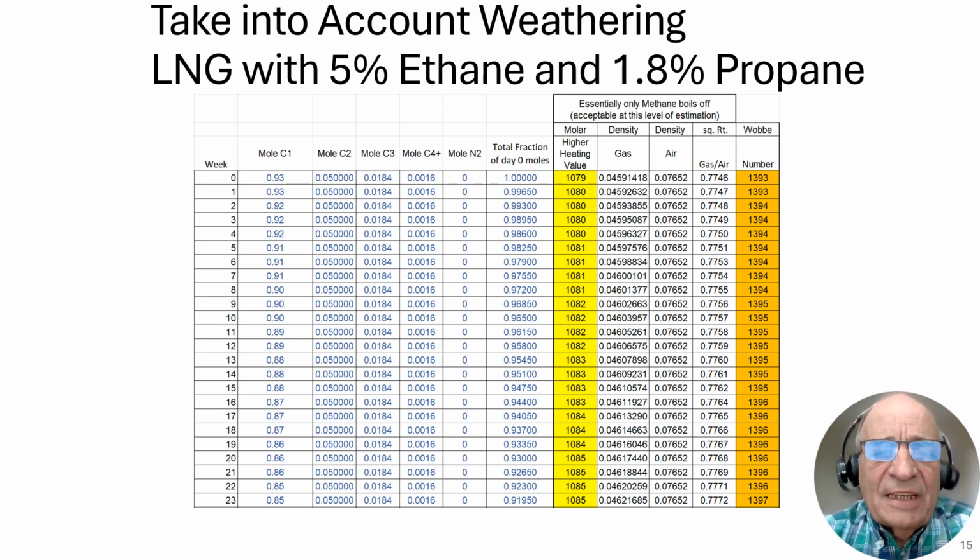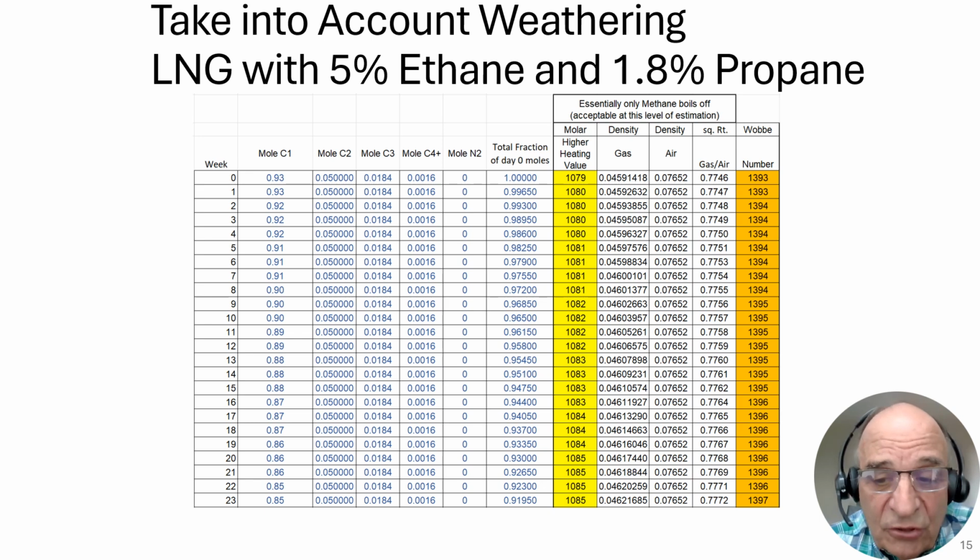So now what happens as weeks go on, days go on, some of this methane boils off, and you see the methane concentration getting less and less and less. But the molar concentration of ethane remains the same, and the propane remains the same, as does the heavier hydrocarbons. Well, what does that do to the higher heating value? Take a look here. Higher heating value starts off at almost 1080 and ends off here at 1085,